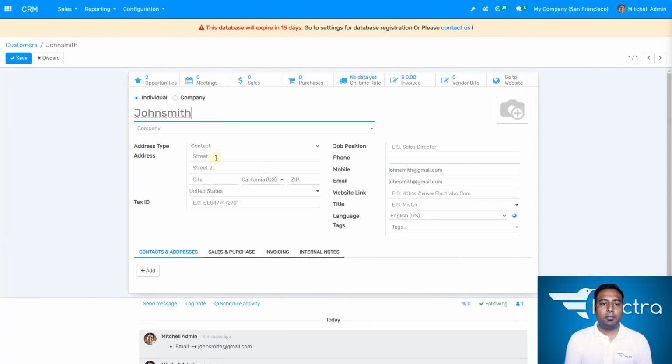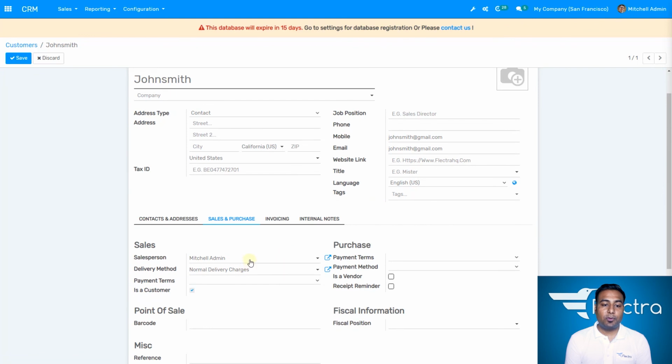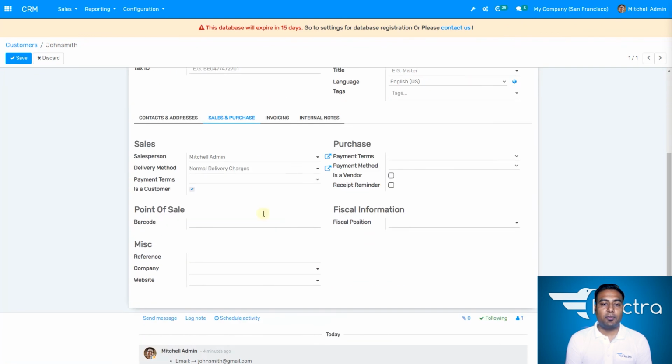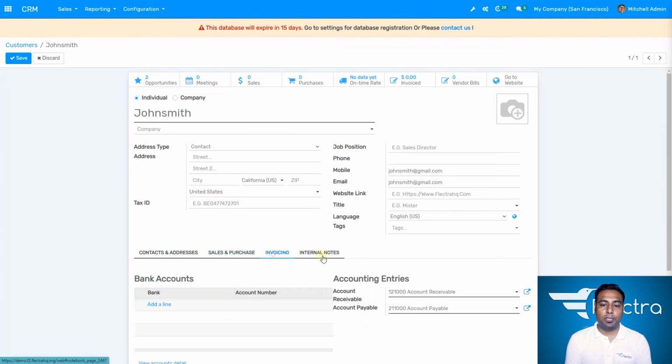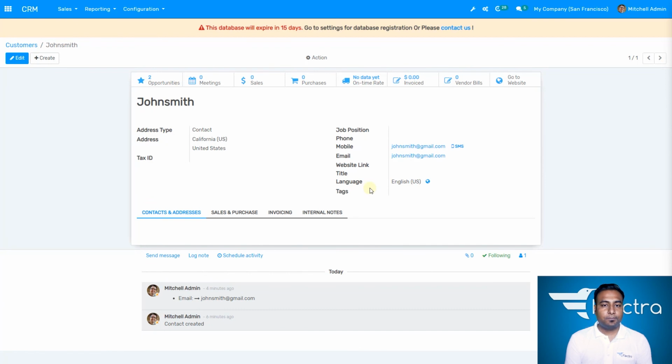And you can edit all the tags, the address type. If you have the customer's tax ID, you can write it down, the position, the phone numbers, the salesperson if you want to change it. If you have a delivery method, all the information of the customers you can change over here, and you can find all the information over here. So this is how you can generate a new lead, and how the leads are going to stand over here. You can find it out, and you can go directly to the customers to find the customers. Thanks for this video. For the next video,